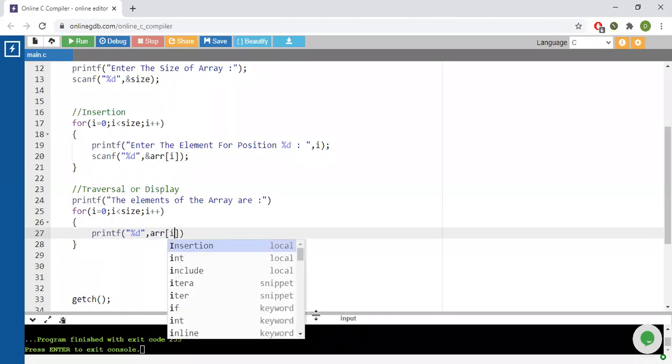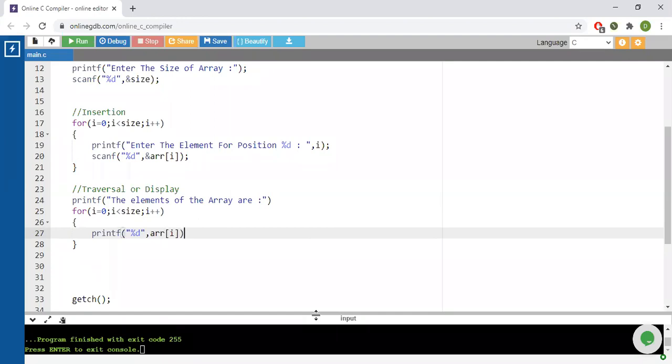Because you don't have to take input, scanf will not come and &%d will also not come. And what you can do is you can give some space over here.